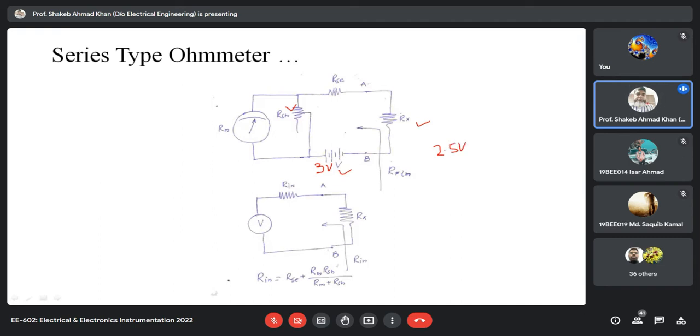तो सपोज RX की वैल्यू है 100 ohm. Suppose I'm just taking one example. Suppose RX is 100 ohm. When everything was fine, तो आपका मीटर जो डिफ्लेक्शन दे रहा था, वो सपोज आपको 25 डिग्री दे रहा था, और 25 डिग्री पे आपने 100 ओम लिख रखा था, है ना। 25 डिग्री के डिफ्लेक्शन पे आपने यहाँ 100 ओम लिखा हुआ था।